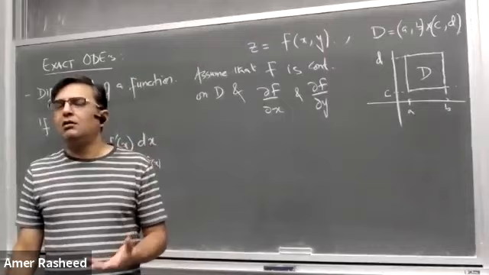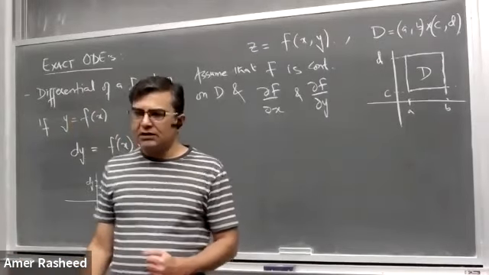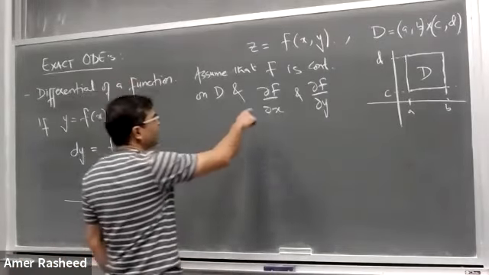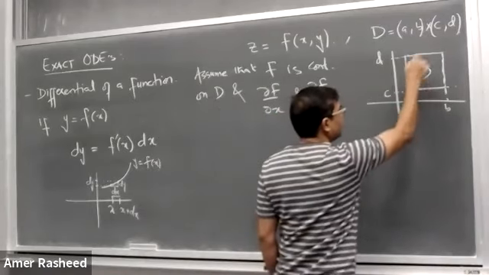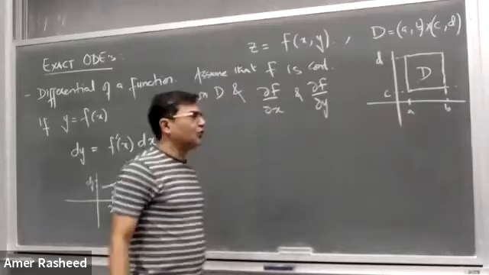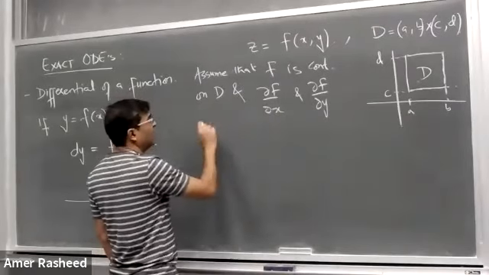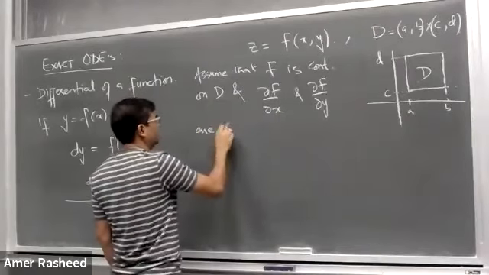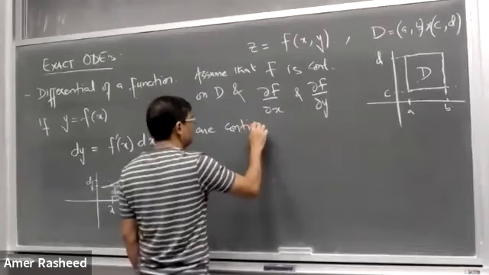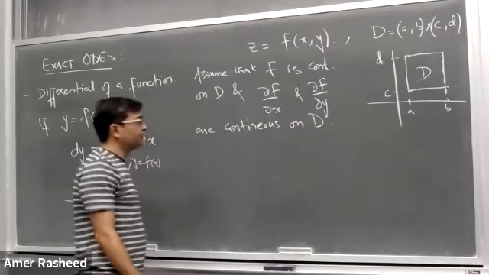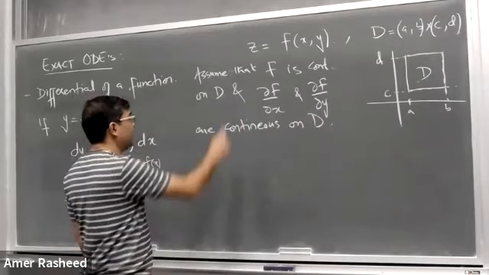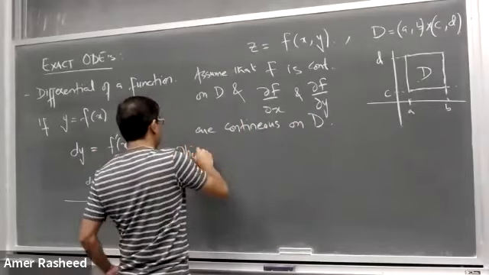We call them, you can say, exact derivatives. So the partial derivative with respect to x and with respect to y at any point within this domain, it's also continuous. It exists, and these are continuous on D. Okay. Then the differential of this function,